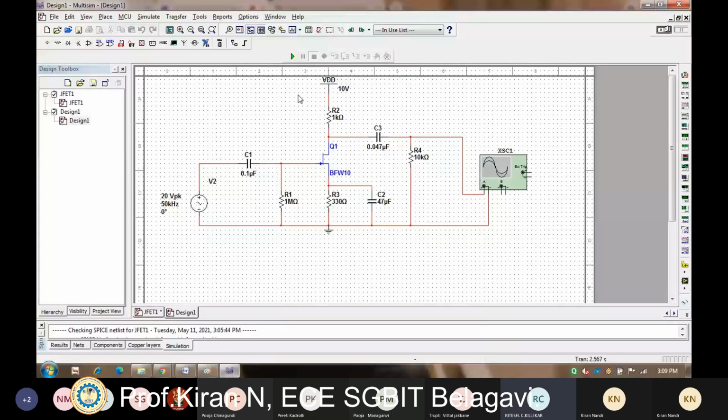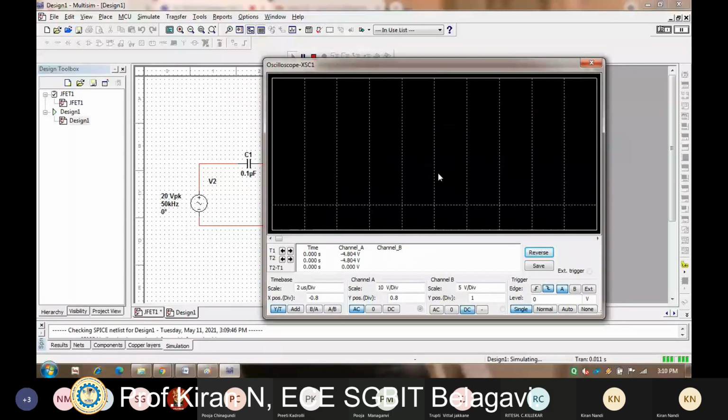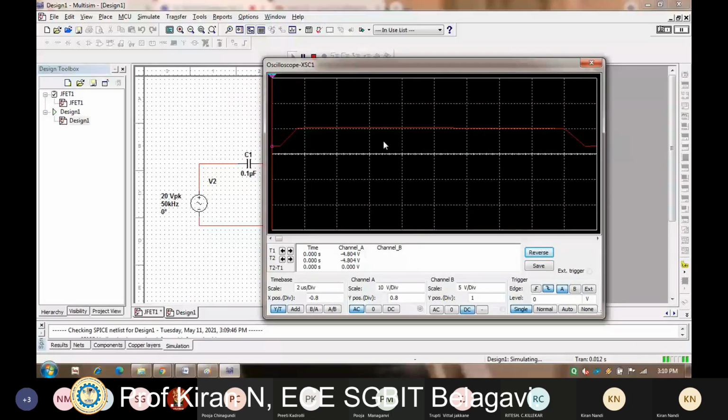Okay. So I'll just run this circuit, which is already prepared. You can see here, I am running this. Yes, you can see here now the frequency response. The red color, what you are getting, is the frequency response. It all depends on the setting of the channels. So you can observe here the output, the red color, that is nothing but the frequency response. So this is the output for the first circuit type.